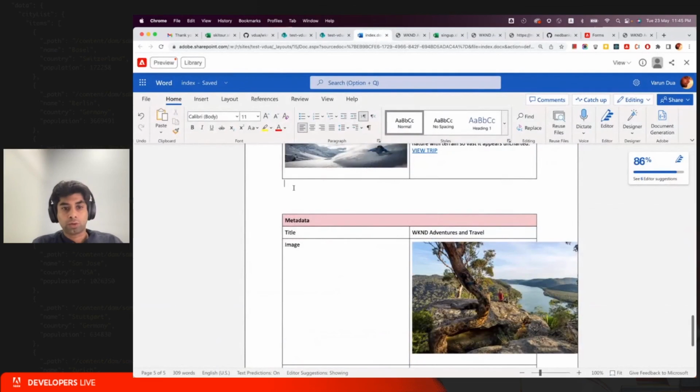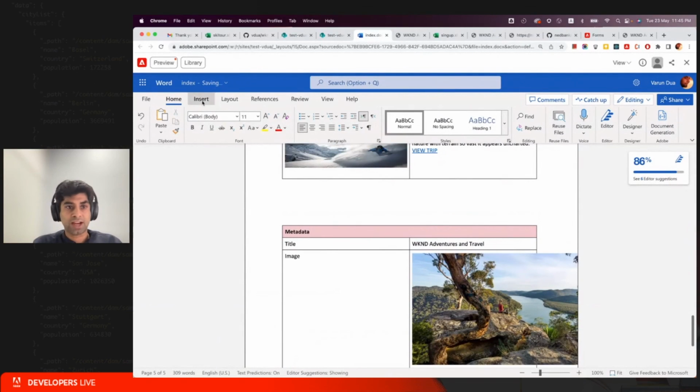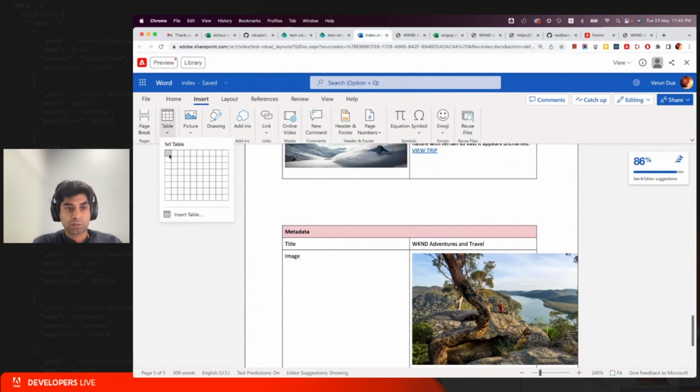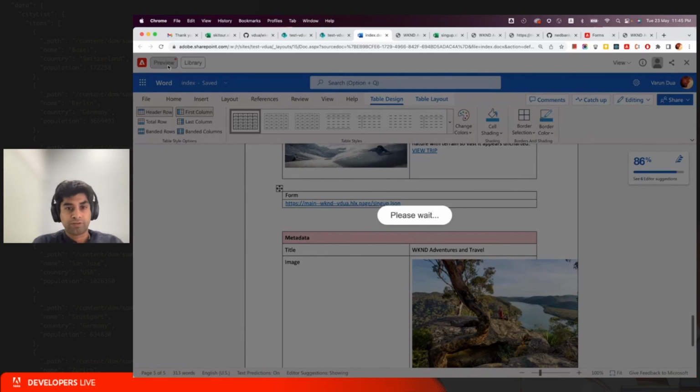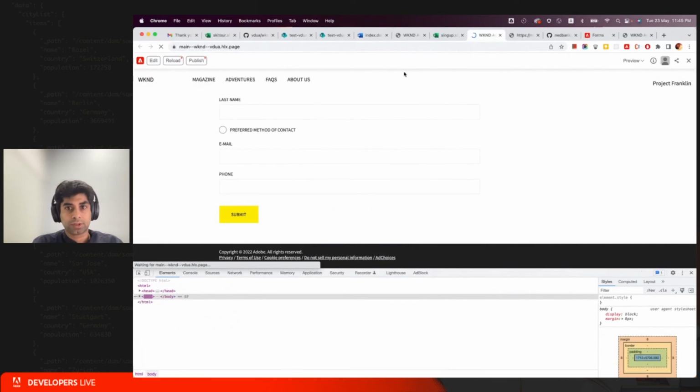So how to create a form? You have to just add a table. So basically, when you create your content using Word docs, everything is a table. You can consider these as components, and you can add the link of your spreadsheet, which contains the form's information. So once that is done, you can preview, and